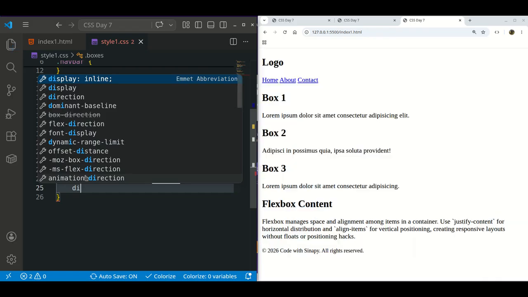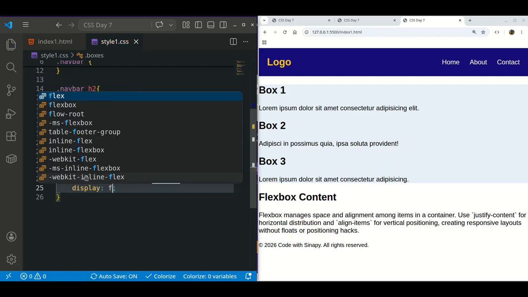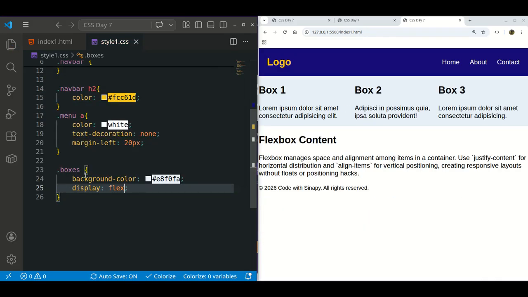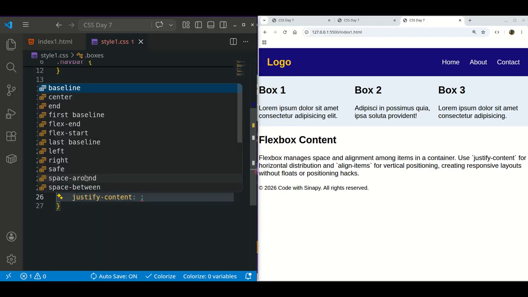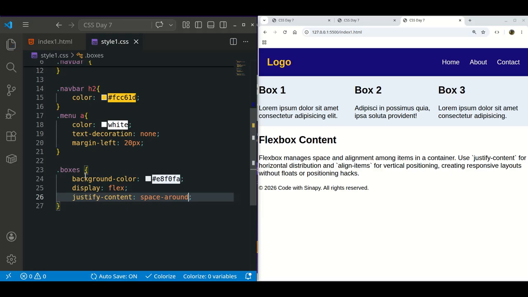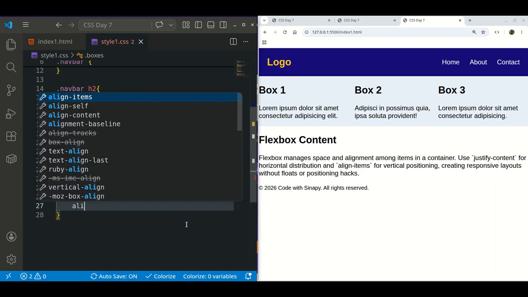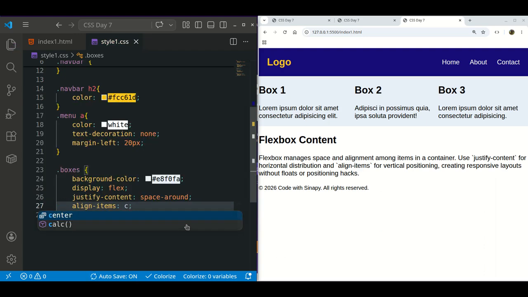Of course, display flex. You can see it, and justify content space around to make this space between, and also align items center,